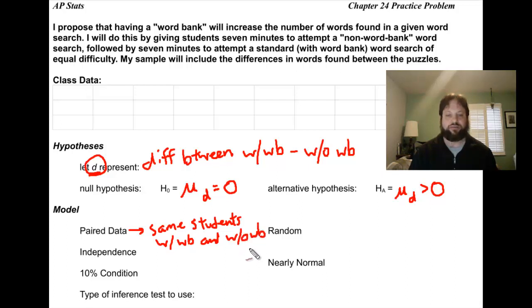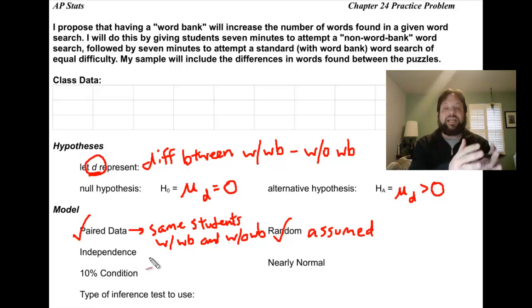So we're dealing with the same students here. So our paired data is checked. Is it random? Well, when I look at the words up here, it doesn't look like they said one way or the other. So we can go ahead and just assume it's random. Hopefully it actually is. Independence is something very important that we need to look at here, but it's not independence